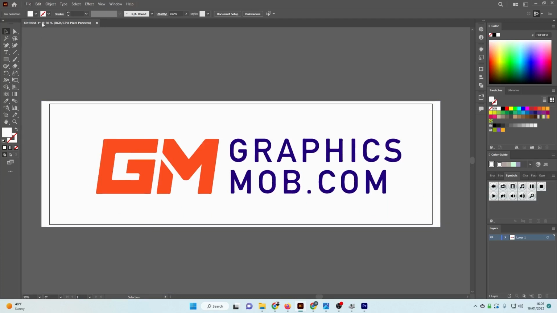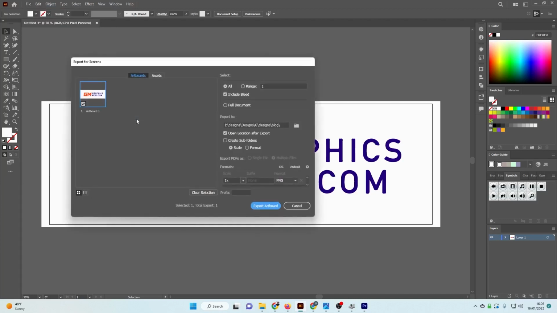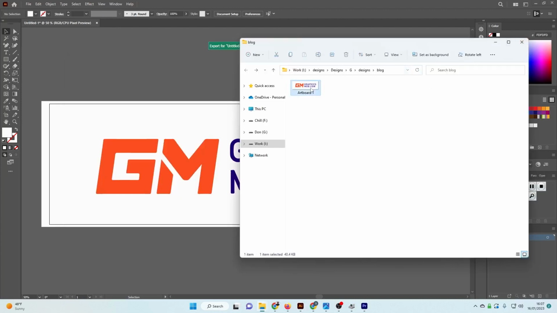do is change your export settings. So usually you'll export by going to File, Export, and then Export for Screens, and select your format PNG. If you're exporting in JPEG, then choose JPEG 100, and that's the highest quality in JPEG you can get. Scale it to 1x and export your artboard, and your export will be